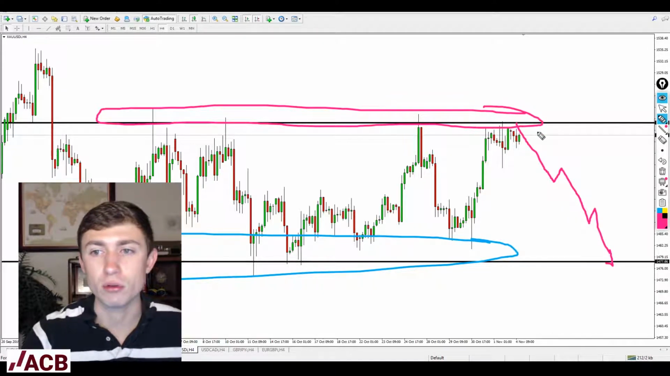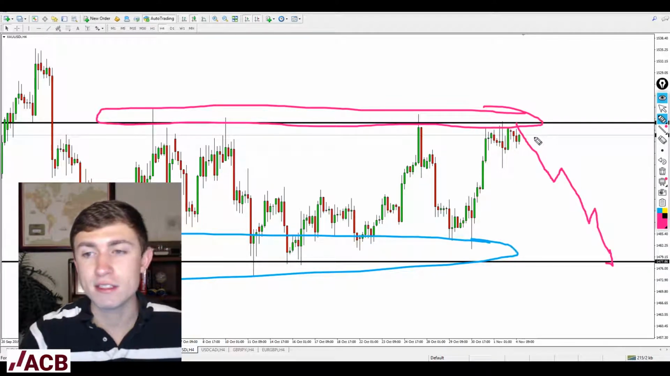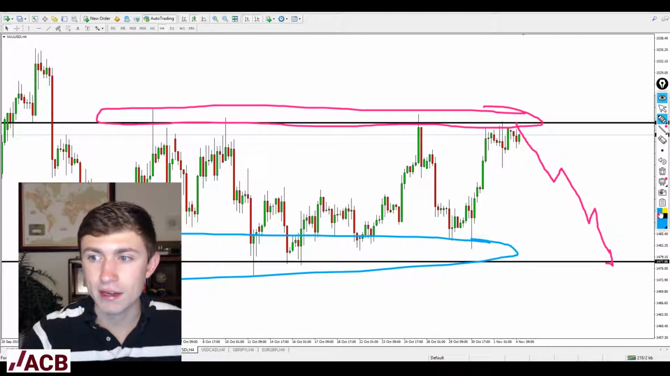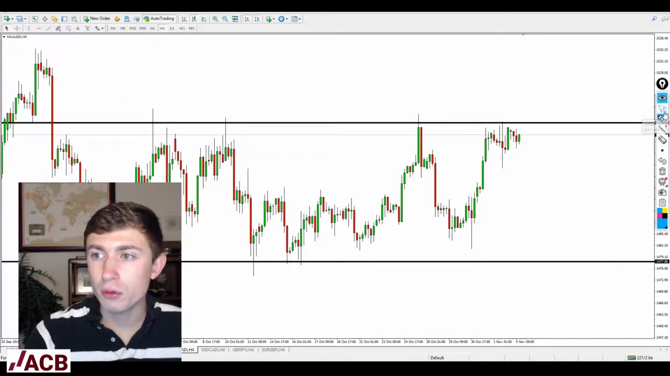You could put in some sort of stop above the highs. You could sell into this market if you find a reason to. And then, of course, you could target some sort of structure down here. You also have this structure here, both of which are potential ideas to look for. Let's go ahead and move on to